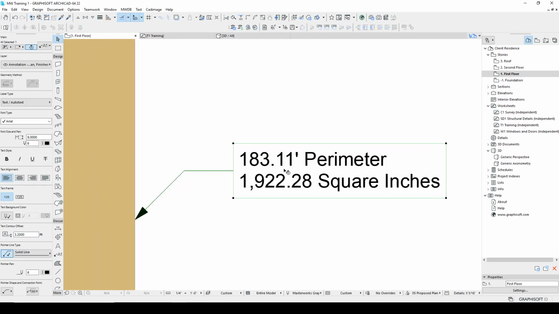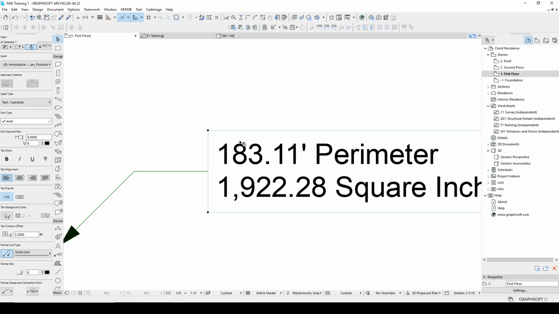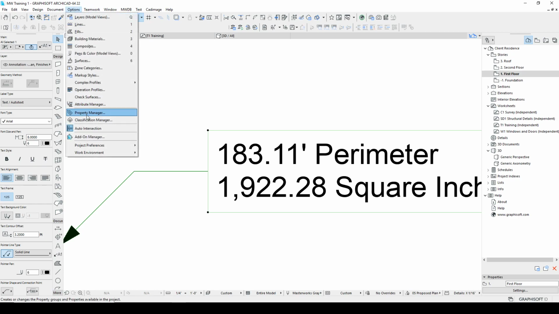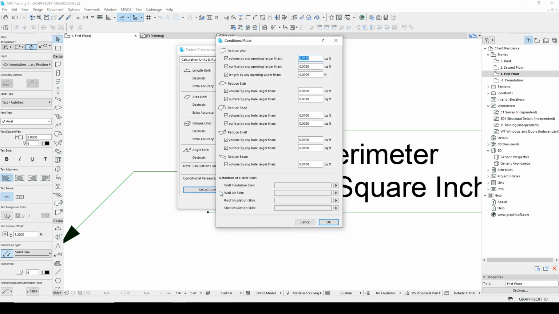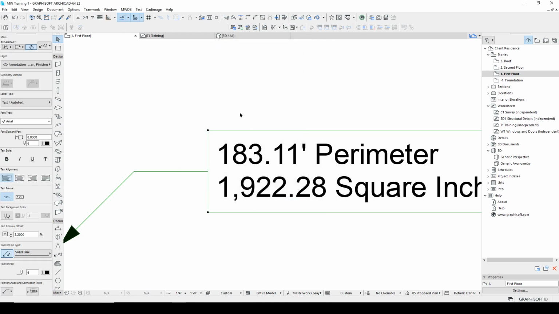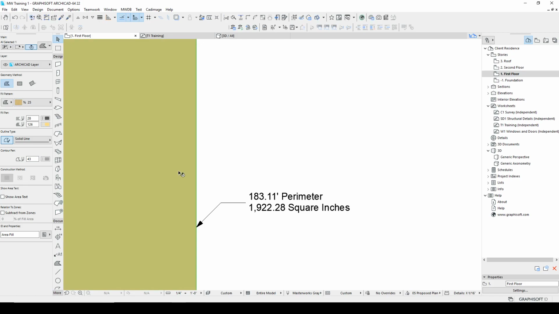That's how I'm going to control these. So I'm telling it that my lengths are going to be in decimal feet, but my area is in square inches. But I can change that, and I can say, oh no, areas, oh, that was square feet. Square inches, square centimeters. I have the degree of accuracy available, angles, all this stuff. Don't worry about that right now. All of these are available there. So that's how I'm getting this information,